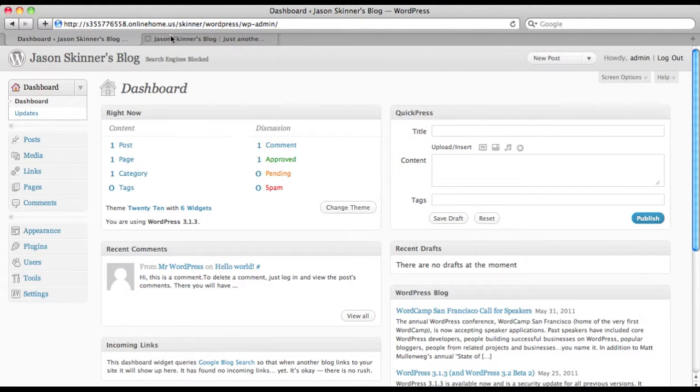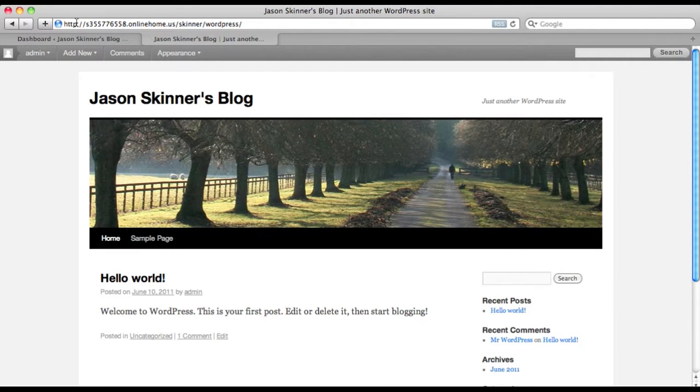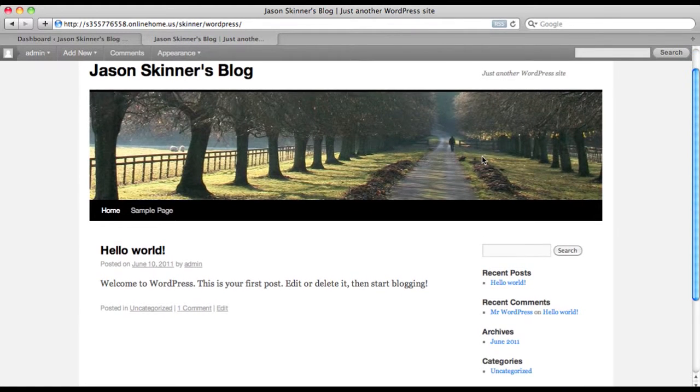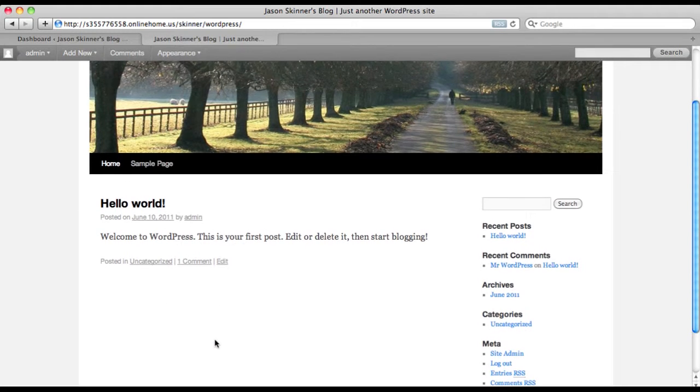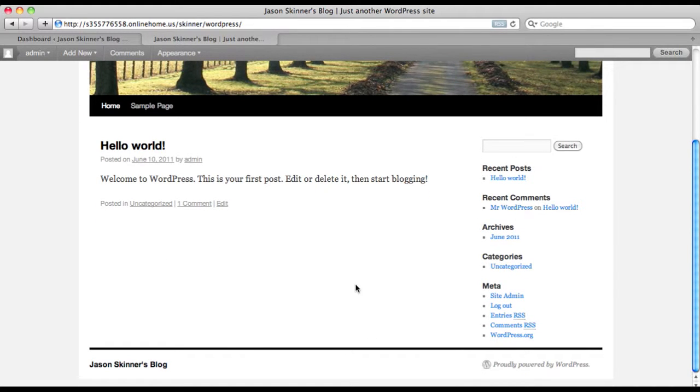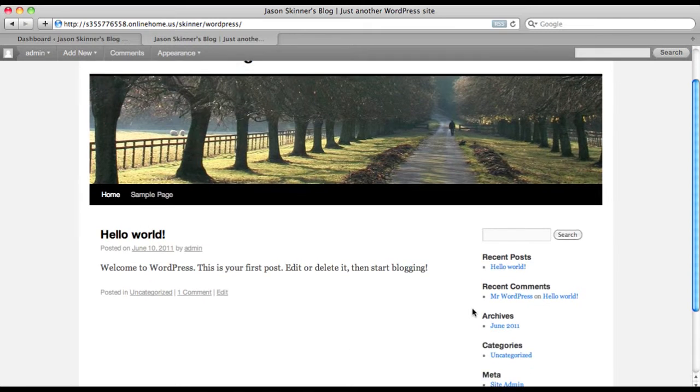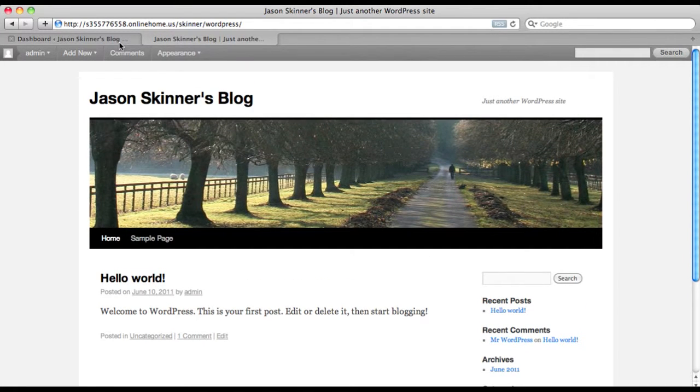Now I'm going to open another tab, and in this tab will be just the address to my WordPress blog. It is the URL for the course, my personal URL directory for our course, which is Skinner, and then WordPress. And that takes me to the landing page of my blog. Now this is the default theme. Here's the name of the blog that I put in during setup, and here's my first post. We'll see an option of menu and a menu down the side here. Let's go back to the dashboard,